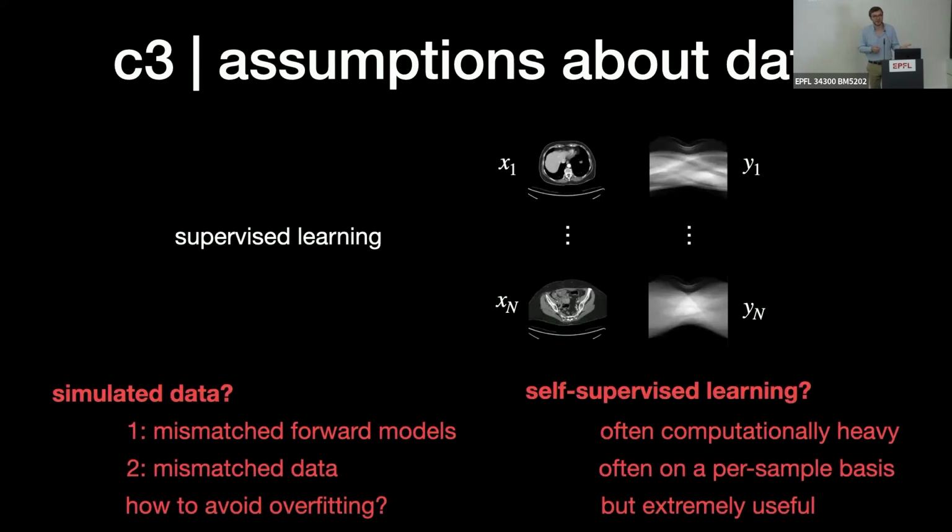One is to use simulated data. Now, if you have high quality simulators, both of objects and of forward physics, this can work, right? But you have to be careful not to overfit the simulated physics and not to overfit the simulated objects. The second thing is self-supervised learning, and that's just absolutely beautiful and elegant. Self-supervised learning is about looking for symmetries, both of your data and of your physics, such that you can come up with losses that are non-trivial, but that you can use to train your networks.